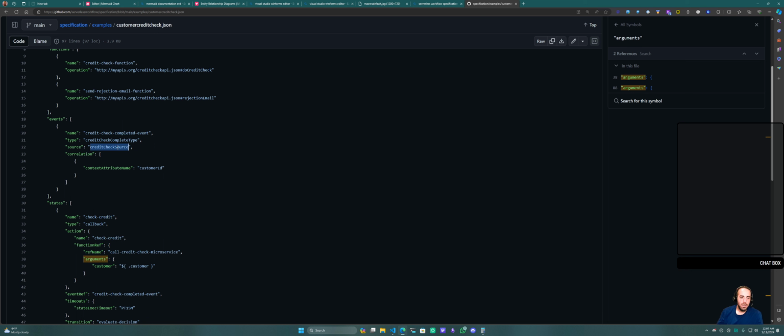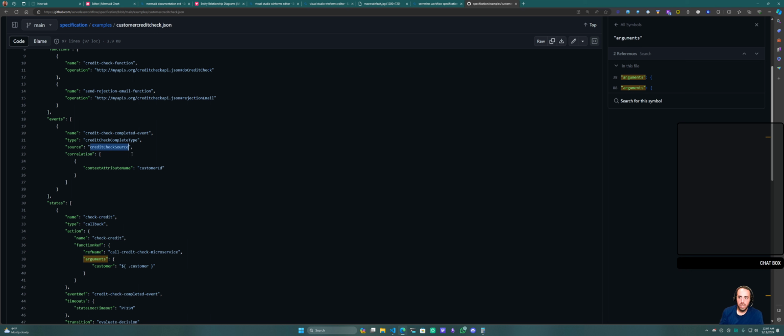What that's going to do is get the events from the broker, whatever that is, pull it from the queue. Once the credit check has been completed, that credit check microservice, or maybe it's a third-party service, is going to deliver a callback to us that will put an event into a queue, and once that event is pulled from the queue, it's then going to send the Temporal workflow execution instance,